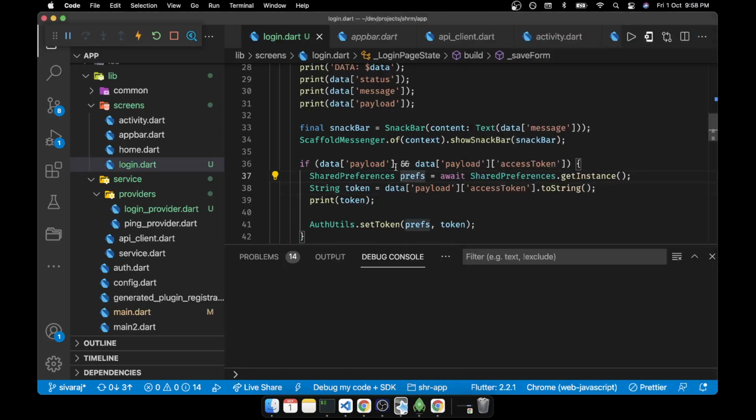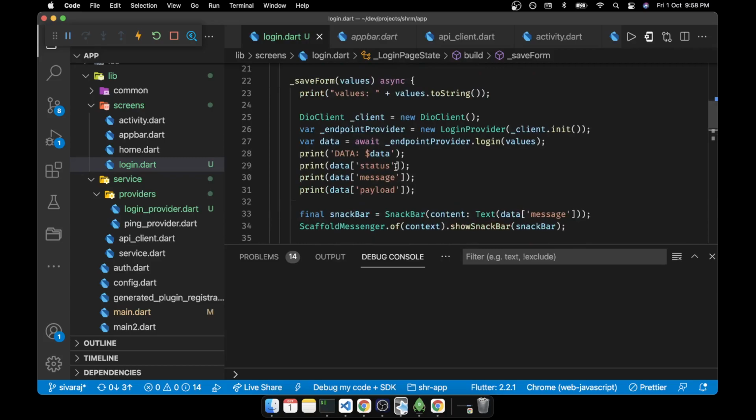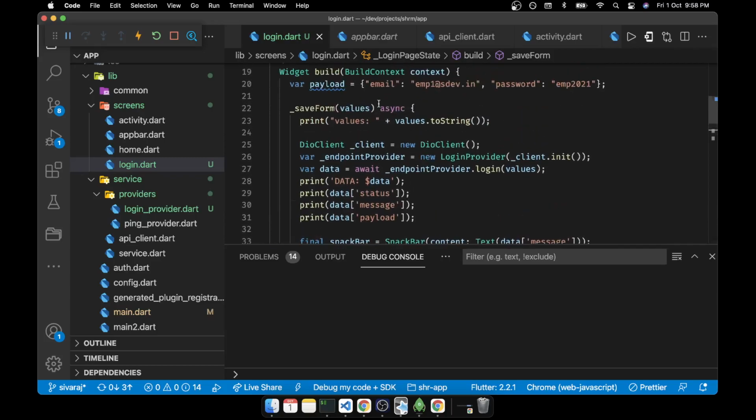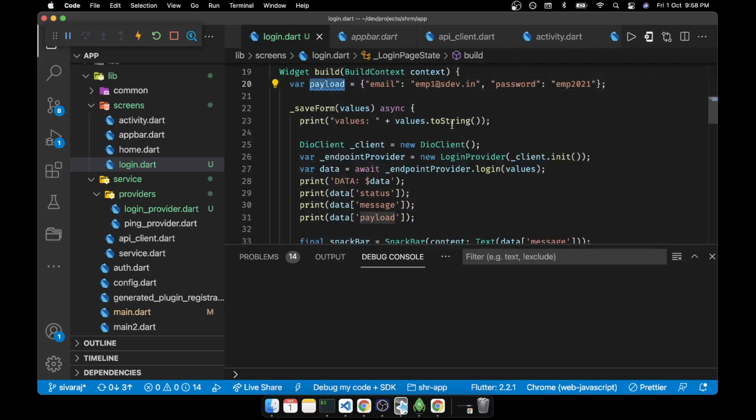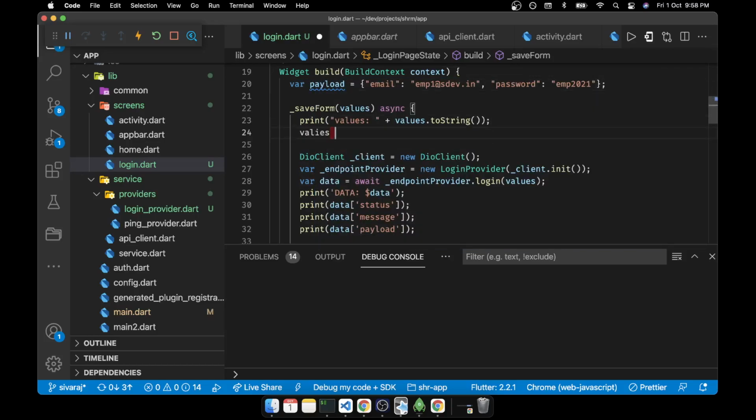Oh, okay. So basically whatever we are trying to submit has to go from here only. So values equal to payload, so let it go from the front end.